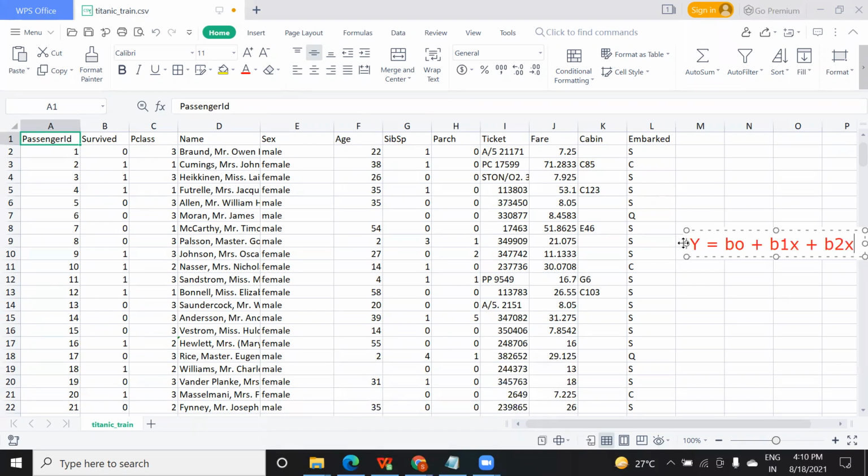For example, x1 is your passenger ID, x2 is your Pclass, x3 is your gender. Obviously, in the Titanic movie, women and children were saved first, and then the men were saved.